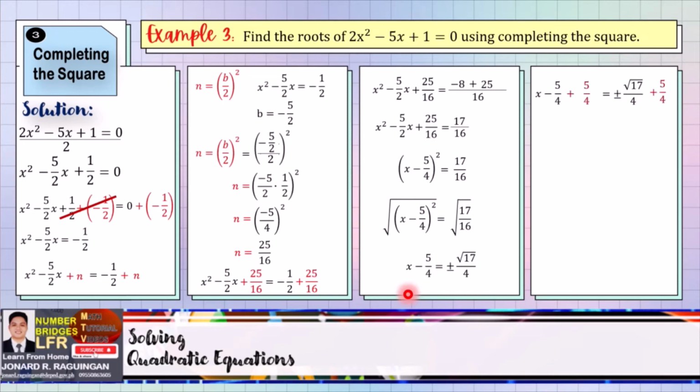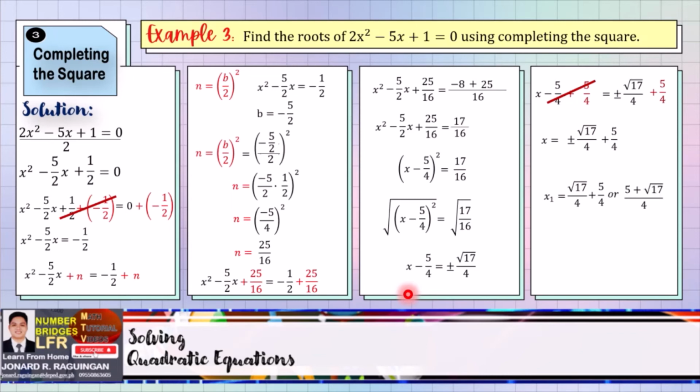That is, we can cancel negative 5 all over 4 plus 5 all over 4 because that is equal to 0. x now is equal to positive negative square root of 17 all over 4 plus 5 all over 4. So, x sub 1 is equal to square root of 17 all over 4 plus 5 all over 4, or we can write that as 5 plus